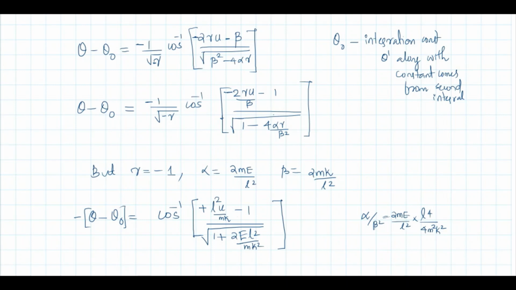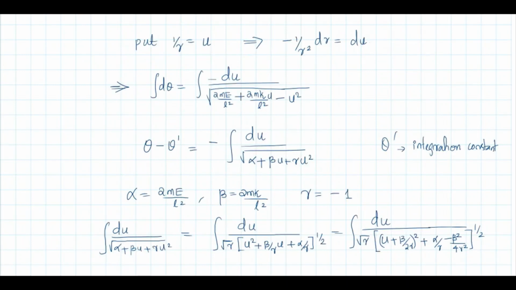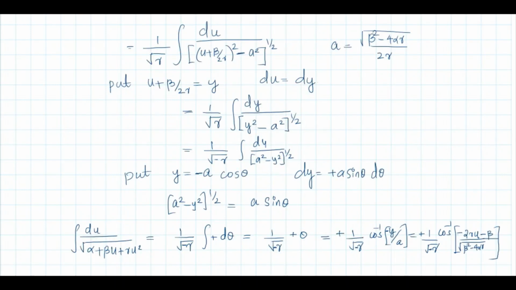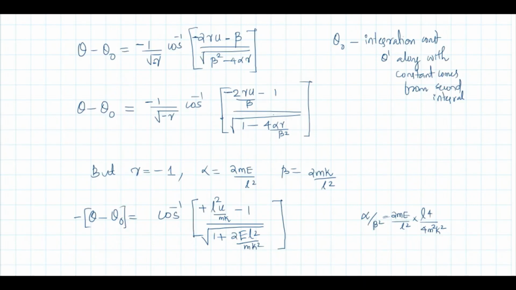So substitute back in this expression, theta minus theta prime is equal to integral of this quantity. For this integral we already obtained this result plus some integration constant. Here also you will have some integration constant because it is an indefinite integral. So take that integration constant along with the theta prime, make it theta 0. So the final integration constant will be theta 0.